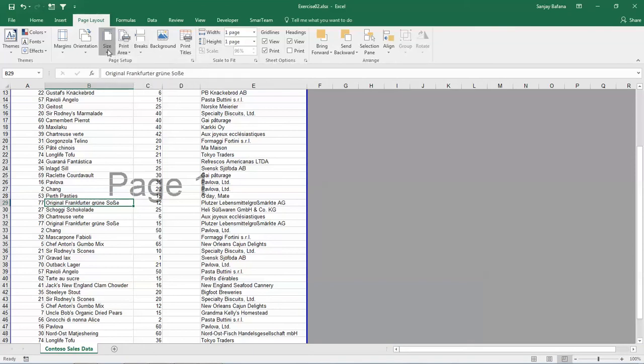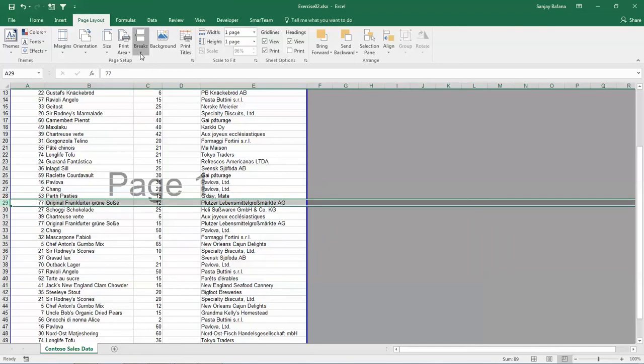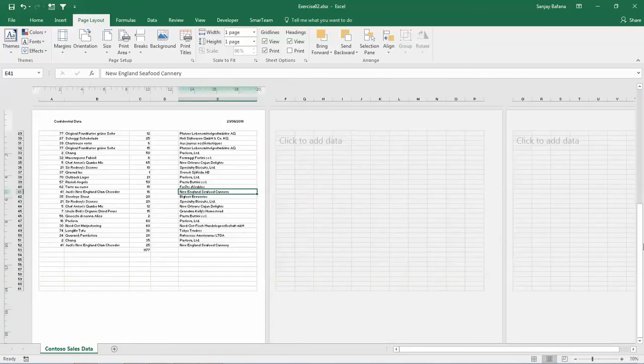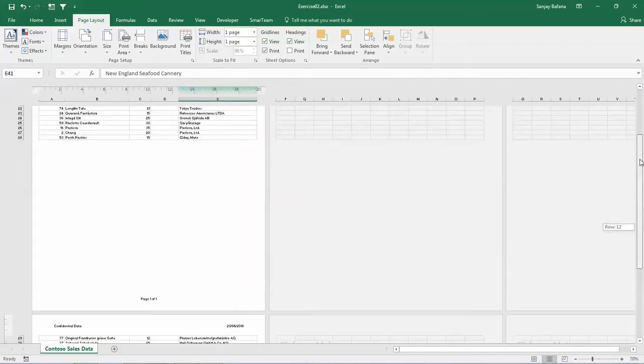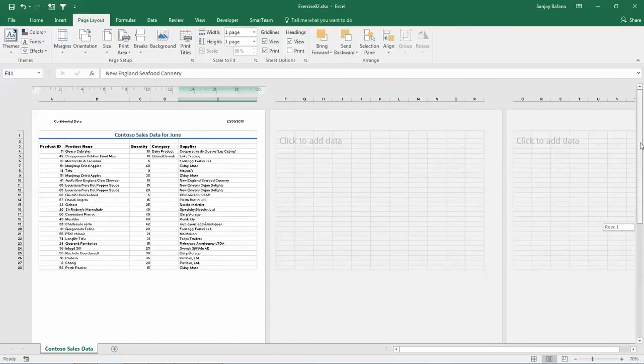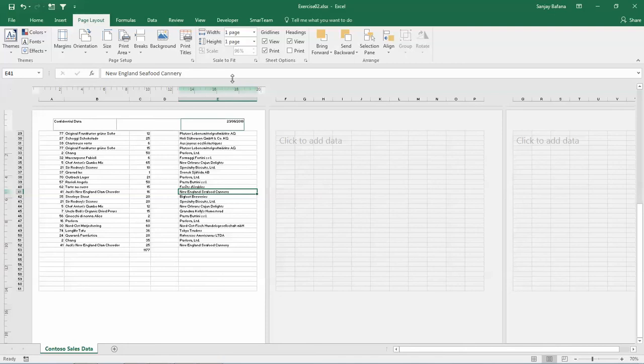So let's reset all the page breaks first, and try to again insert a page break. And now you can see that the data is split over 2 pages. Okay, and if you see the print preview for this,